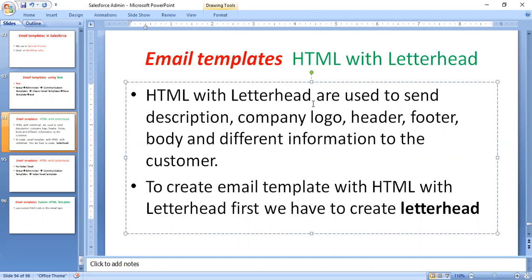HTML with letterhead format is used to send a description, company logo, header, footer, and different information to the customer. To create an email template with HTML letterhead, first you have to go to the letterhead option and create a letterhead.